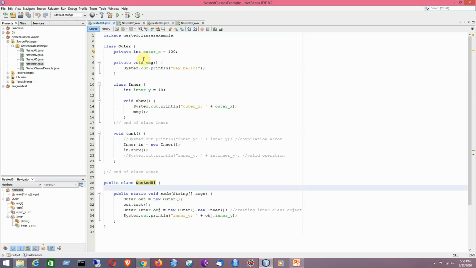Inner class or non-static nested class is basically associated with an instance of its enclosing class.